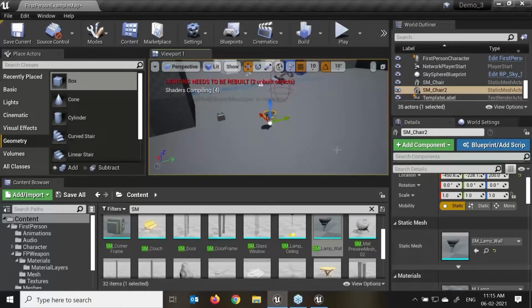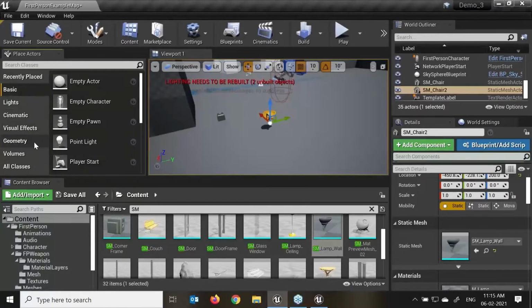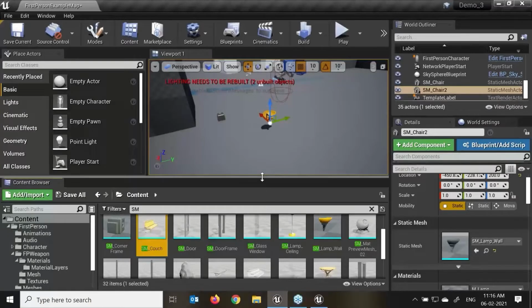correct? Now when we talk about the skeletal mesh, we can animate individual parts of the mesh, right? When we talk about the difference between the static mesh and the skeletal geometry, in a static mesh we can't do animations, while in a skeletal mesh, yes, we can do animations and simulate physics.